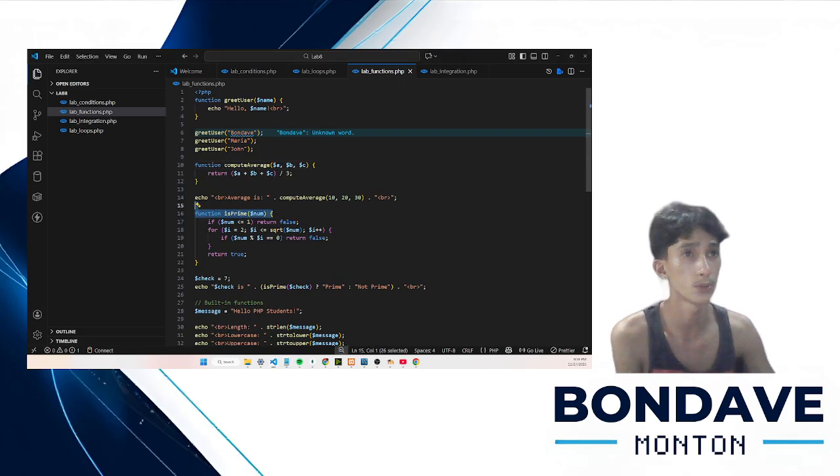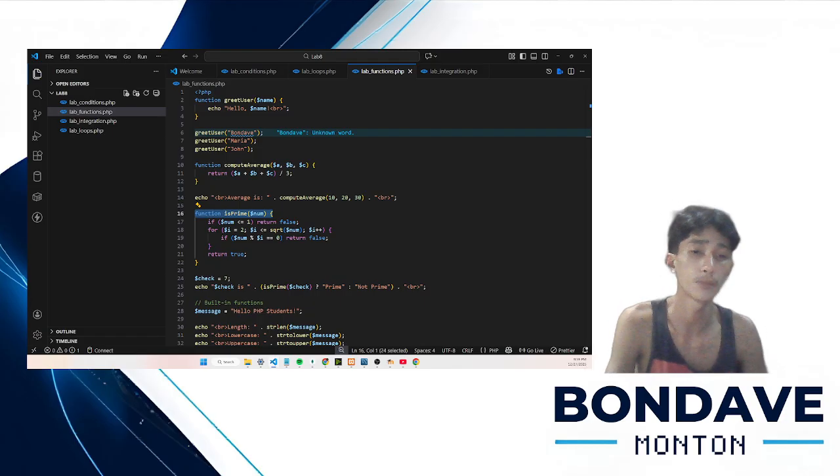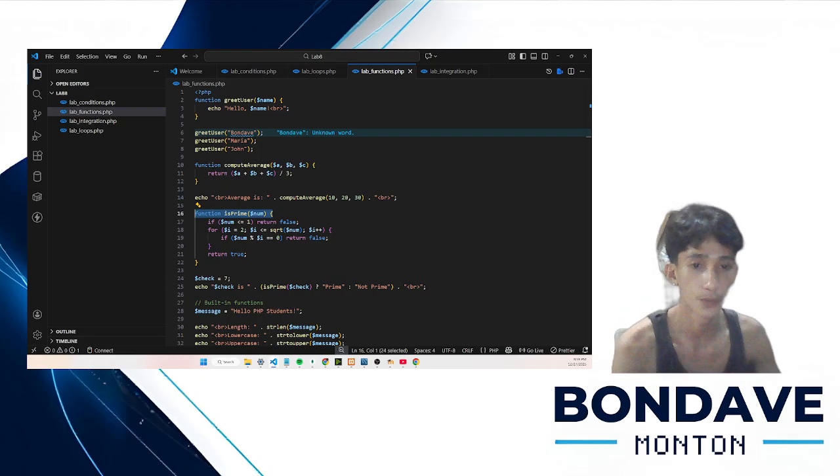This line of code right here determines if a number is prime by checking if it has a divisor other than one and itself.